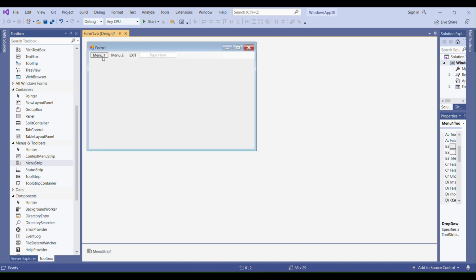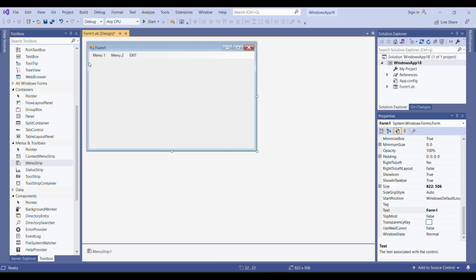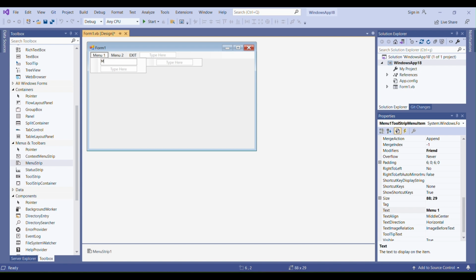Under menu item 1, I will have menu 1.1, and here I can put menu 1.1.1. Here we can have menu 1.1.2. I can say menu 1.2 here, menu 1.3 here,